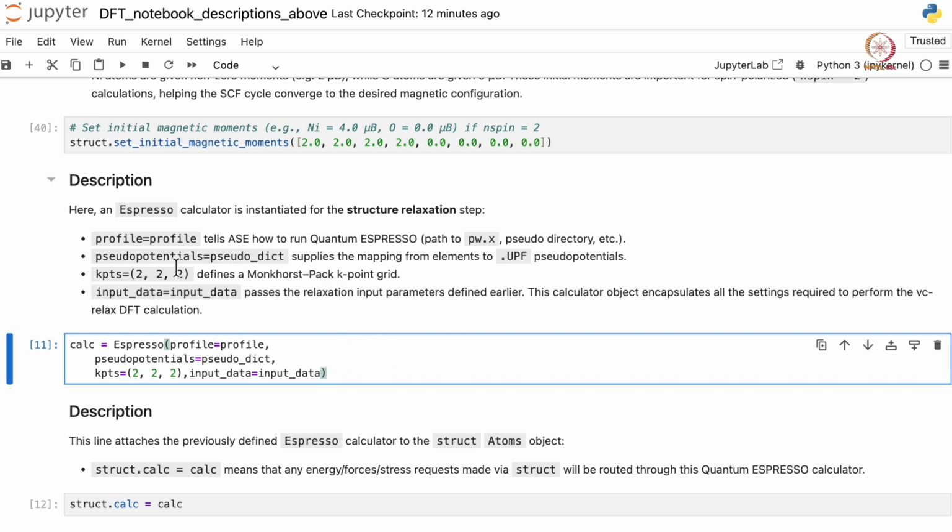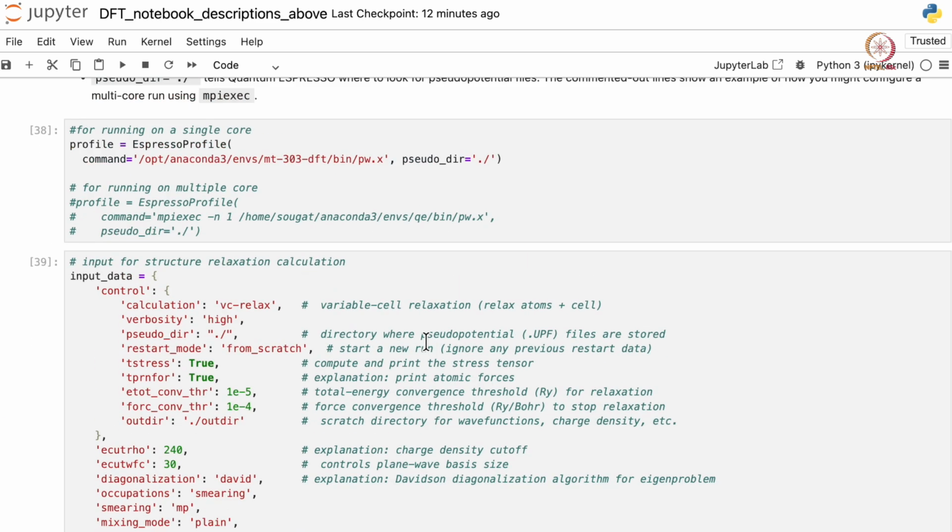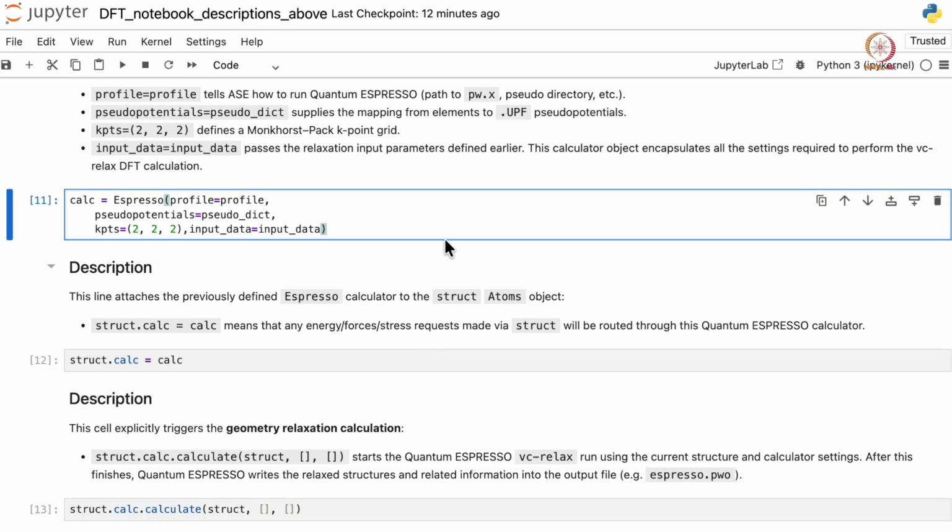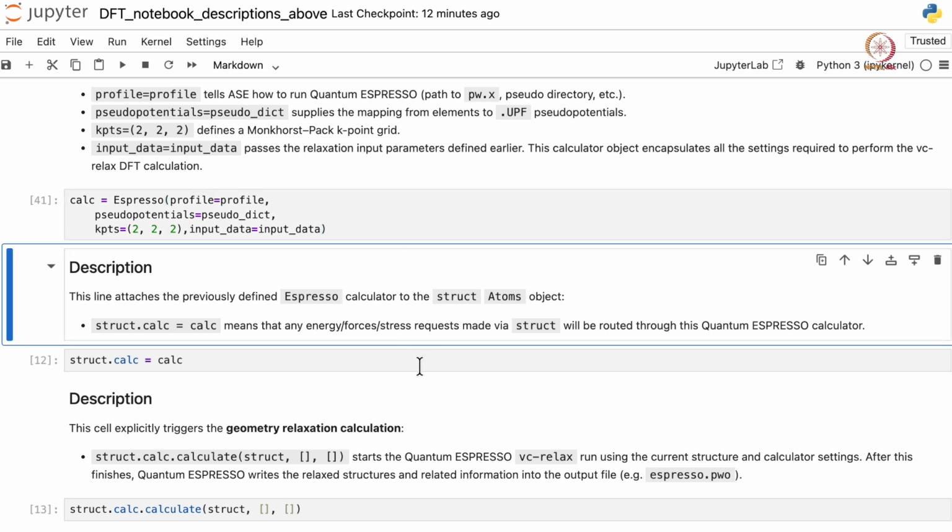Let's execute this cell now. Now this line, structure.calc equals calc, attaches the previously defined Espresso calculator to the structure's atoms object.